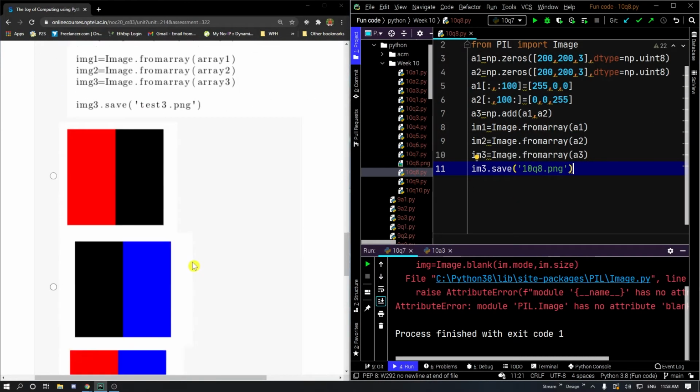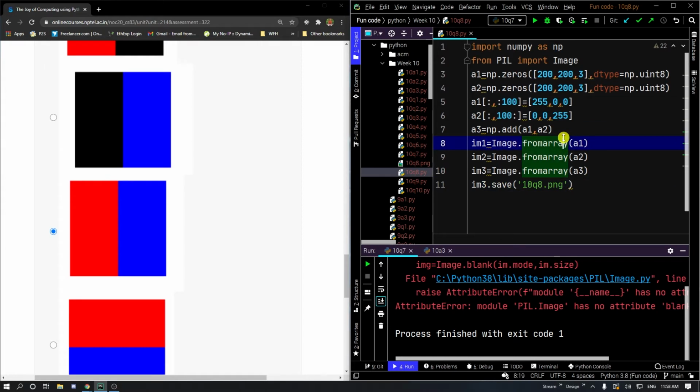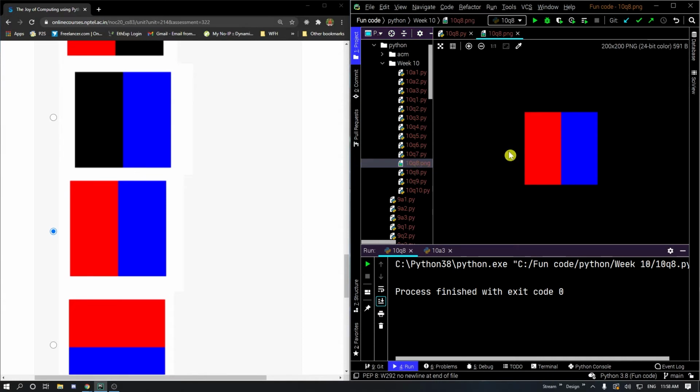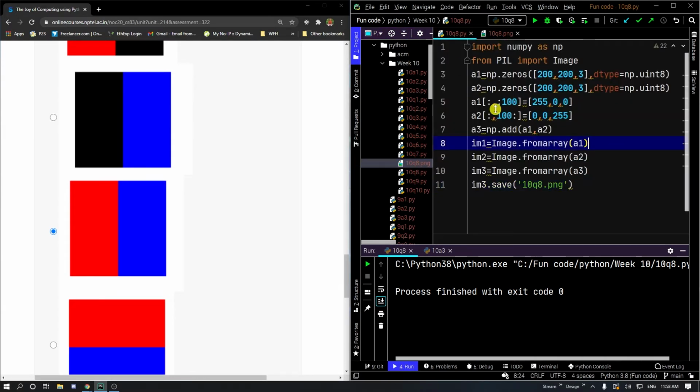For question 8, the answer is option C, as you can see in the program. It saves the image into this. This is the output. So here we are adding array 1 and array 2 to array 3 and displaying array 3. So array 1, the height, that is the amount of rows, remains the same. The rows remain the same, the columns are changing, that is the width of the image. So from 0 to 100, that is half the width, we print red, and from 100, from middle to the last column, last width, we print blue. So the output is